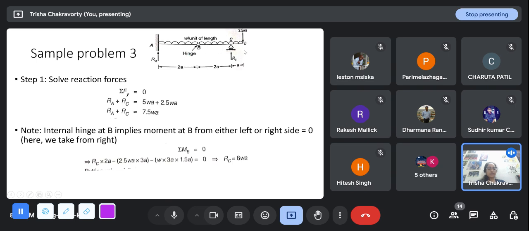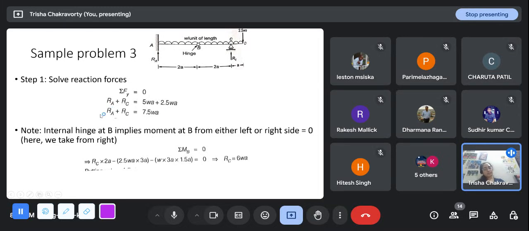So the uniformly distributed load is acting over a length of 3a, 2a plus 1a, and I have to take it lumped at this midpoint. So from B, it is at a distance of 1.5a. So W into 3a into 1.5a, and it is again negative because it is in the clockwise sense. So equating this to 0, I get RC is 6WA, and RA will put here and we'll get it as